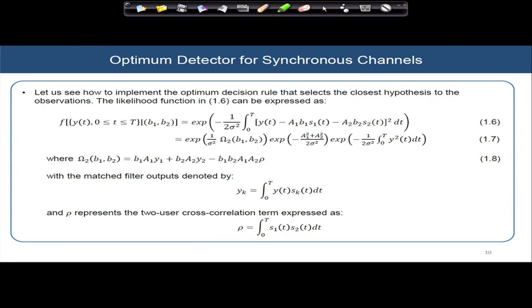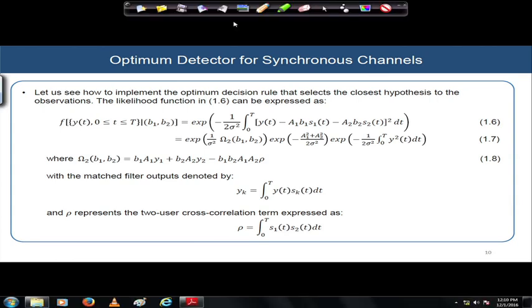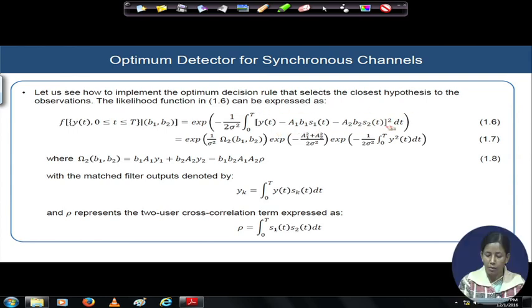We understand that this is the likelihood function we have seen a few slides back. It is not the maximum likelihood function, sorry, it is the likelihood function based on which the decision is obtained on B1 and B2. I can write this expression as 1.7, where the factor big omega 2 can be expressed like this,